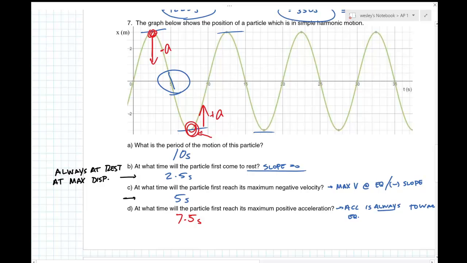Another thing that's always true, we always have maximum velocity at equilibrium, always true. And we always have maximum acceleration